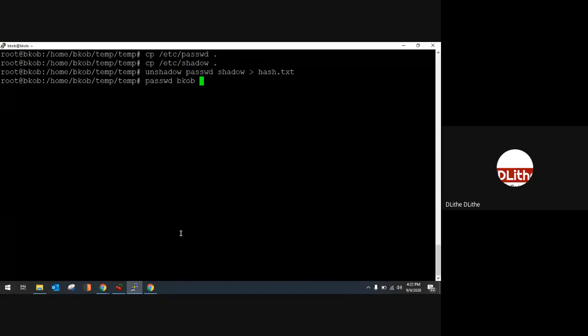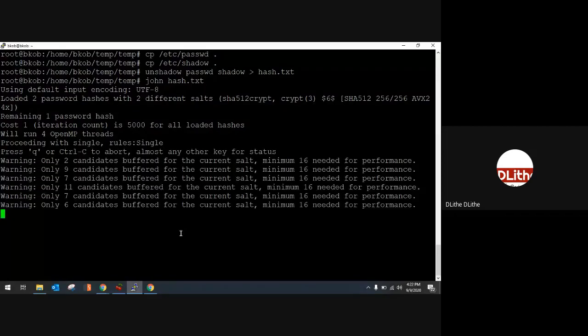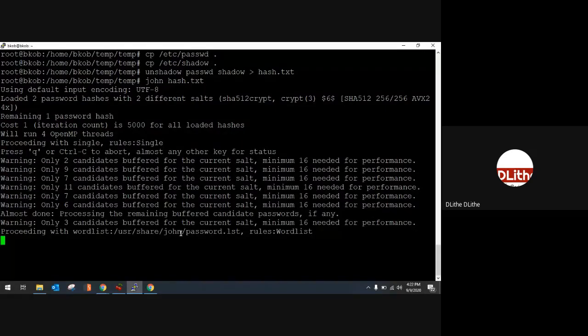And if I try to crack a password with a default word list, no matter whether it takes the entire day, this password will not be cracked. Why? Because the default word list used by John or any other tool basically uses the most commonly used passwords. So the BKB or Windows 10 or Windows 7, whatever it is, those are all commonly known passwords.